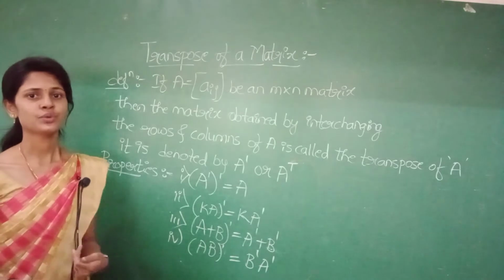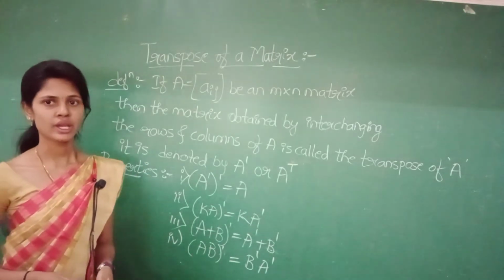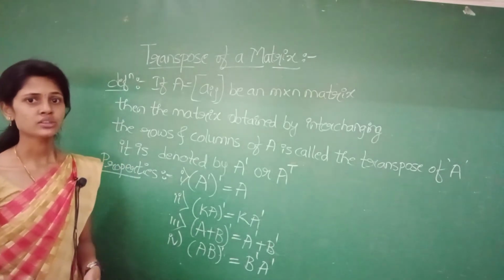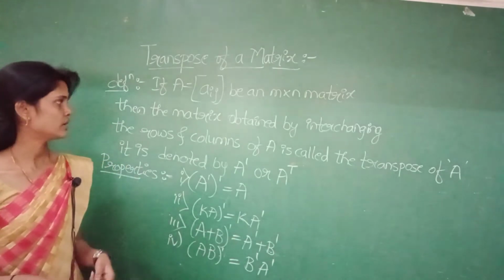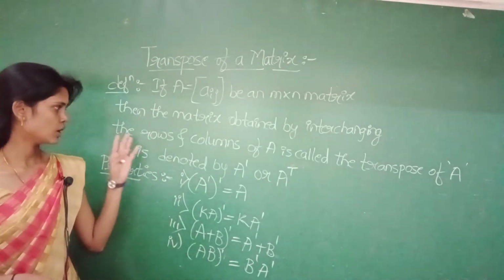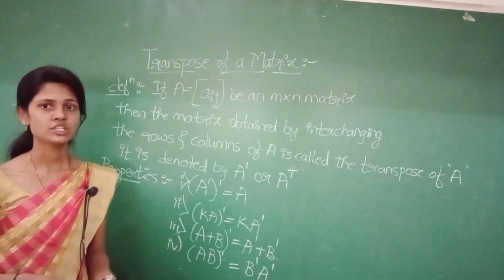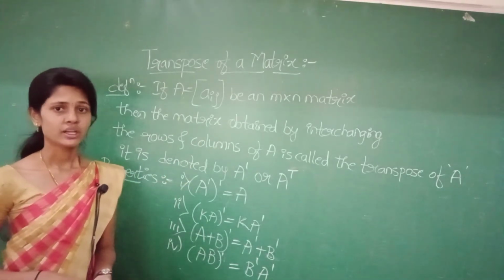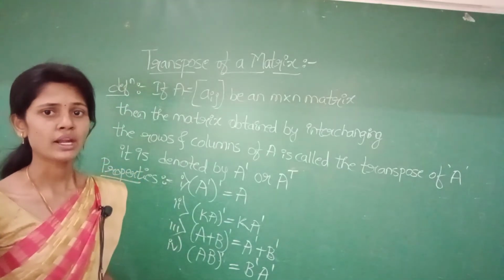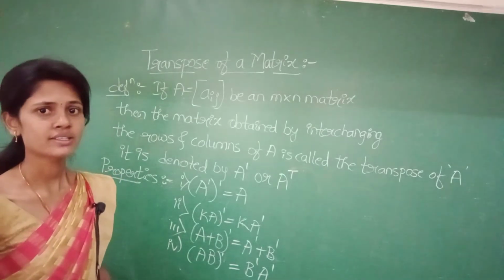So, what is the transpose of a matrix? Let A = [aij] be an m cross n matrix. So here A is a matrix of order m cross n. Then the matrix obtained by interchanging the rows and columns of A is called the transpose of A. That means if you interchange the rows into columns and the columns into rows, that is called the